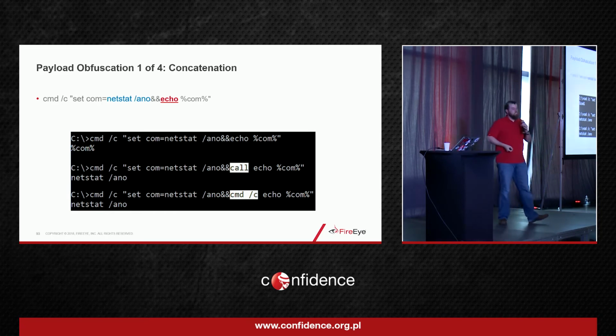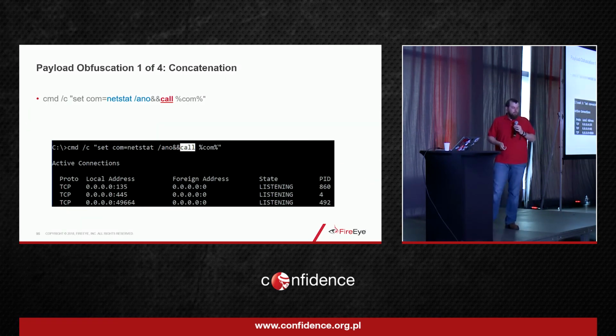So two ways we can expand it are the very bottom. We could just create a new child process and then echo it, or we could use the call internal command, which will expand this environment variable in this session. So that's the one we're going to go with. We're going to put that call in our command, and now when we run it, it actually executes the expanded